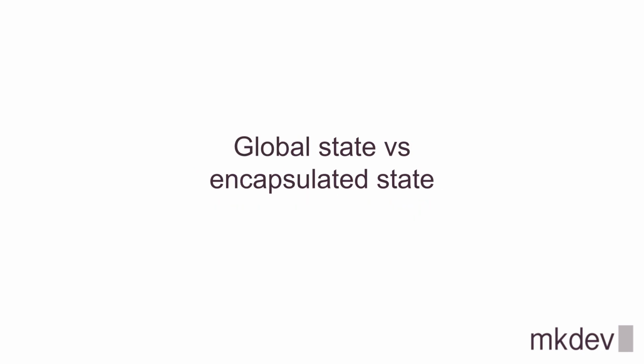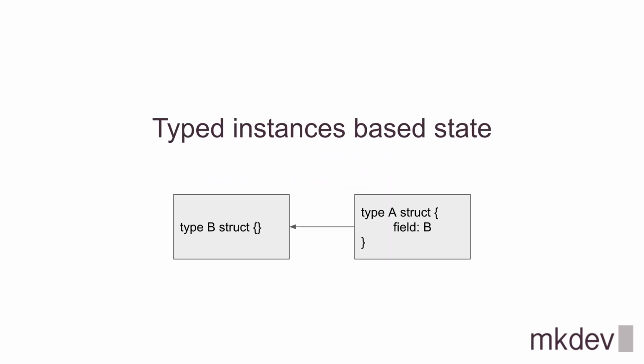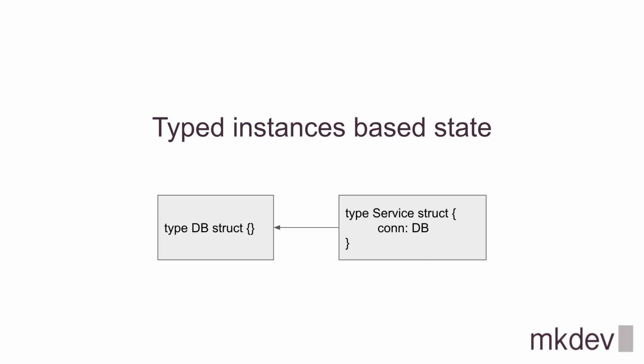First things first, let's properly understand the problem. It's well known that a global state in a program via global variables is a really bad practice that prevents you from writing easily tested and modular software. So typically, we use state encapsulated in instances of structs or classes in the object-oriented programming paradigm, or even closure variables, and this leads us to use one instance inside another to get access to this state or behavior based on it. So, it's common that one type depends on another.